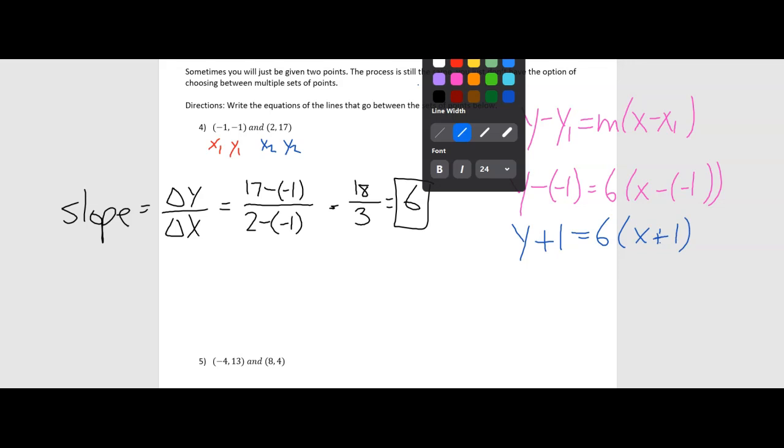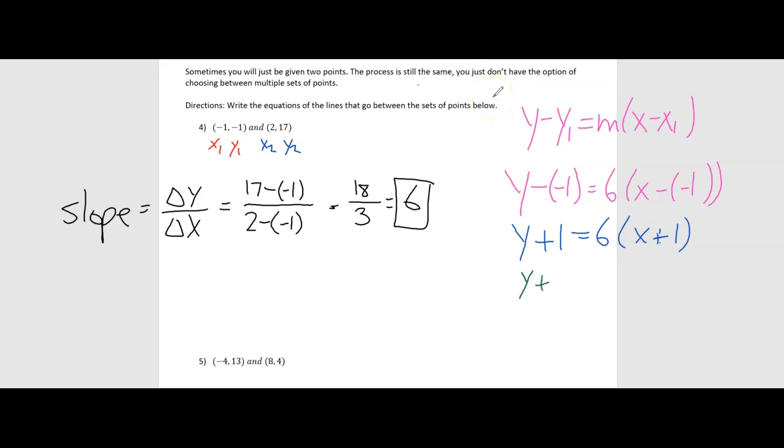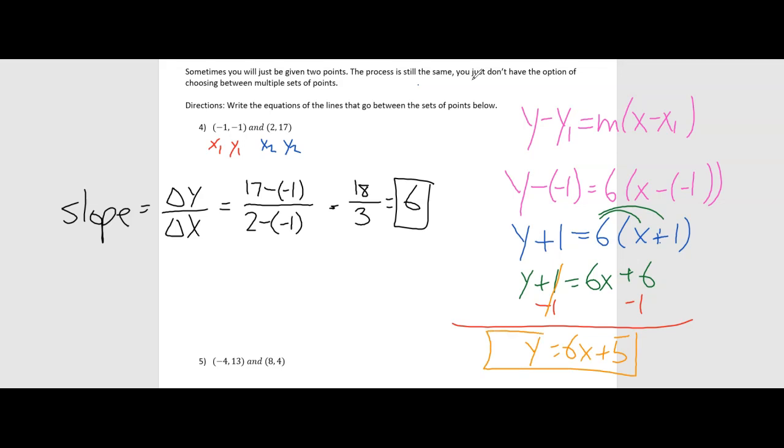When I distribute, I get y plus 1 is equal to 6x plus 6. And then if I subtract 1 from both sides, I'm going to get y is equal to 6x plus 5. And if you had used the other point as your x1 and y1, you still would end up with 6x plus 5